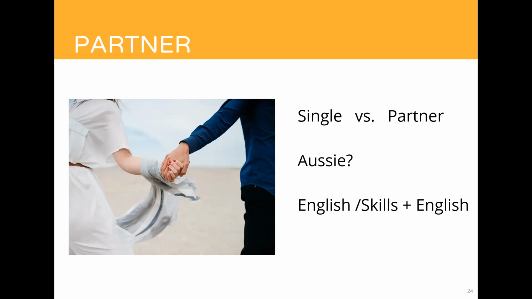In terms of that skills assessment, it's important that your partner has an occupation on the same list or lists for which you're eligible. So if you're wanting to apply only for the 189 visa, your occupation must be on the medium and long-term list, and your partner's must also. If you're applying for the 190 visa, as we saw in the table earlier, you can be on the medium and long-term list or the short-term list. In that case, your partner could also be on either of those lists. So skills refers to the skills assessment, similar to what you have undertaken.